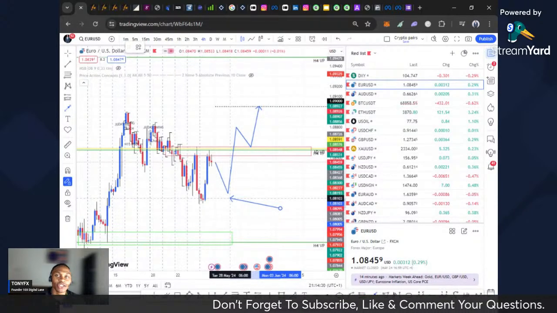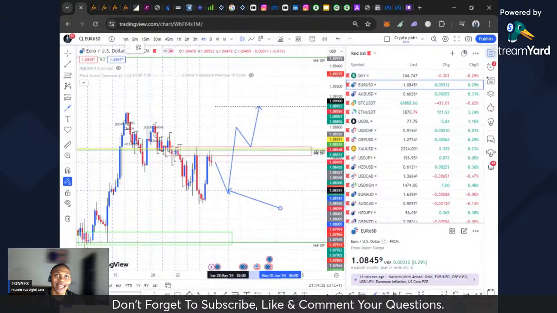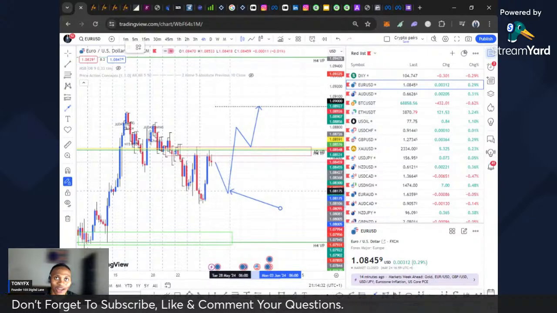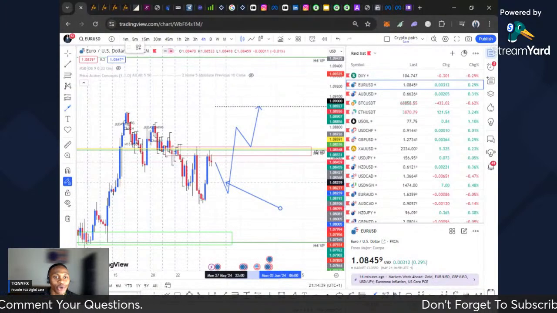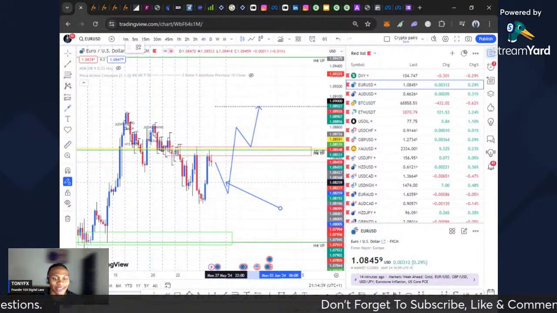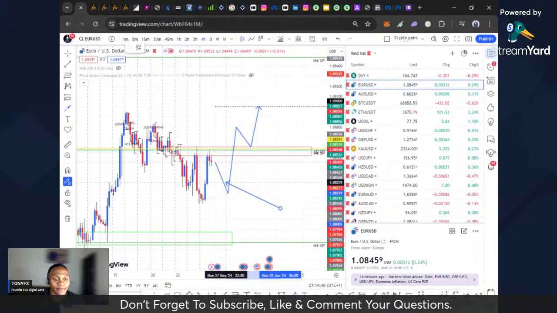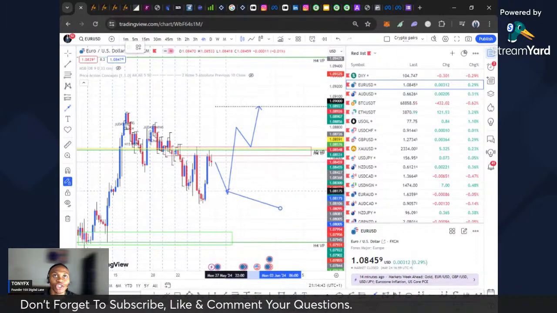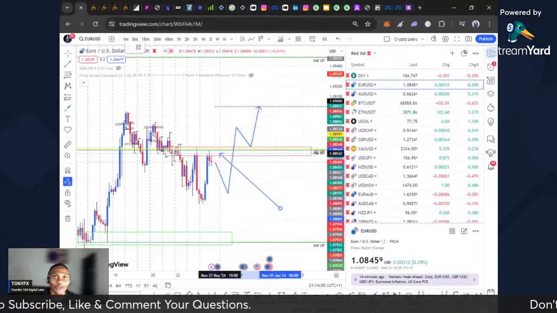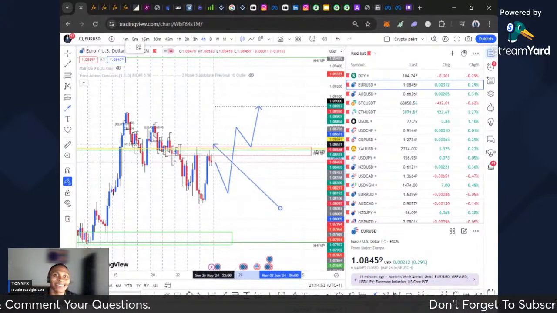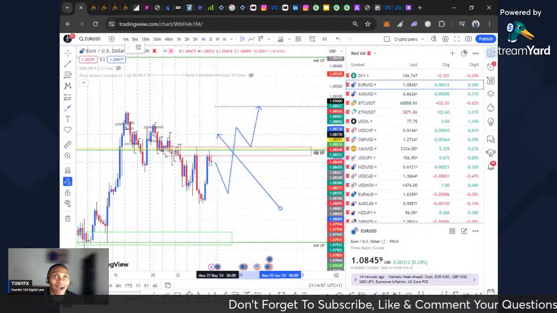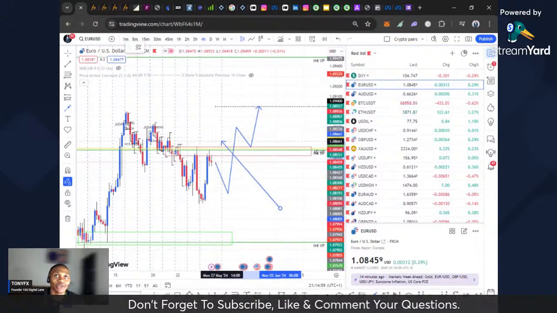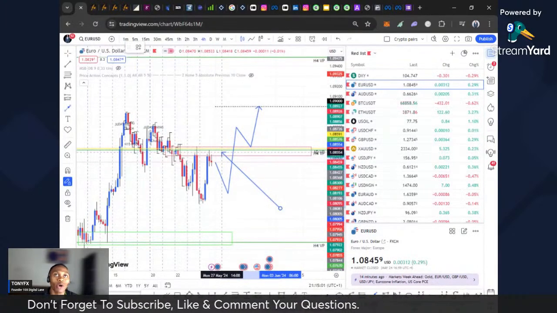This drop is going to be more like a corrective structure, and for me, we can then start anticipating buy setups. But I want this drop to be completed first on Euro USD, because it's at a supply zone. I never buy at a supply zone unless the supply zone is broken to the upside. When the supply zone has been turned into a demand zone, that's when I'll buy.